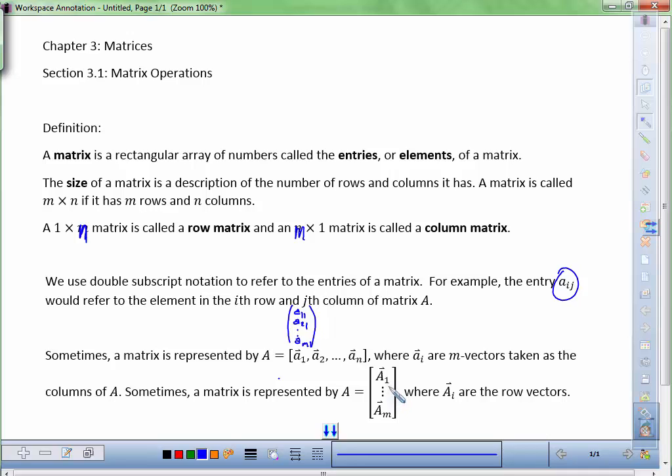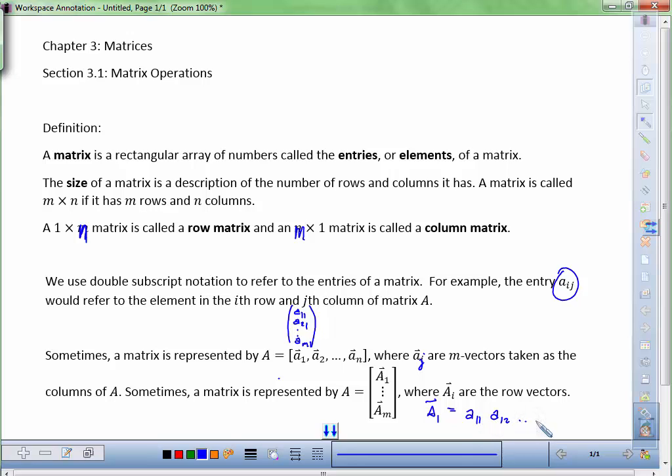And the capital A vectors, so there should be a j. It really doesn't matter, but let's be consistent with the notation, so that should be a j. So A1, for example, is going to be the first row, so that would be A11,